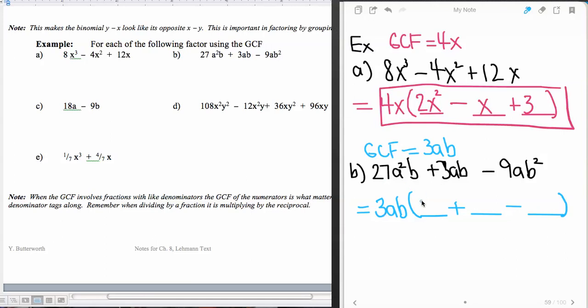3 goes into 27 9 times. a squared divided by a is a. The b's cancel. 3ab goes into 3ab 1 time. 3 goes into 9 3 times. The a's cancel. b goes into b squared b times. And now we have a